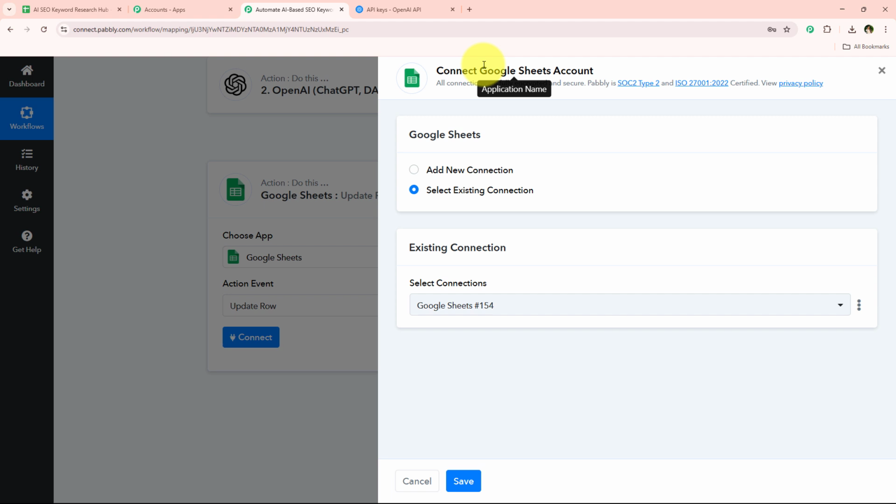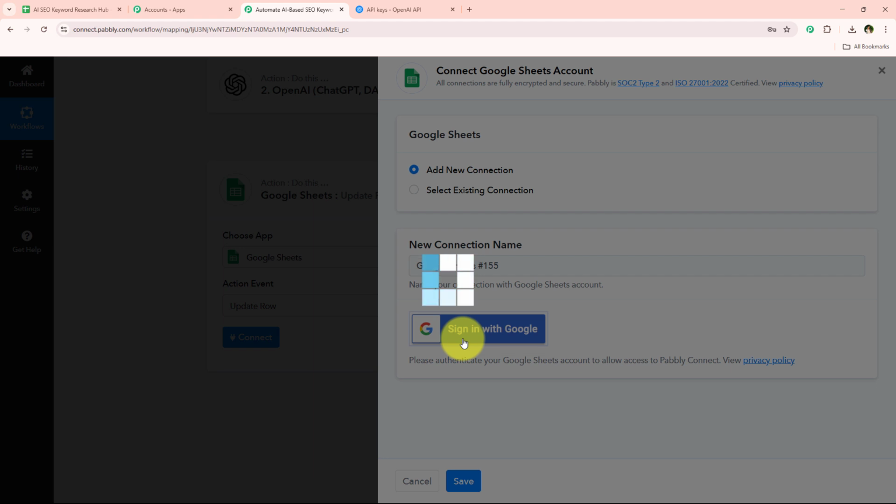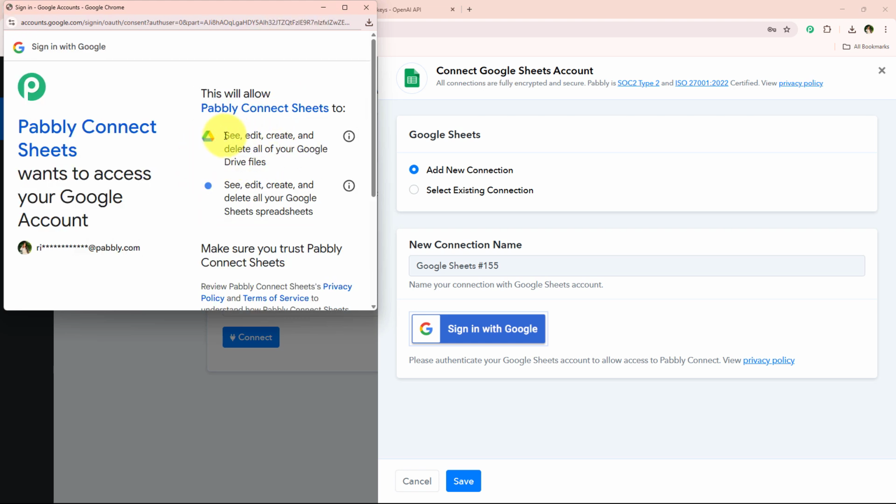So if you have already connected your Google Sheets, you can go towards this, select existing connection and then save. But if you haven't, you have to follow me. Click on add a new connection. And now we have to click on this blue button which says sign in with Google. And now Pabbly is asking me to select the Gmail account, with the help of which I'm just going to connect my Google Sheets. So I'm simply going to select my Gmail account, and after selecting my Gmail account, Pabbly